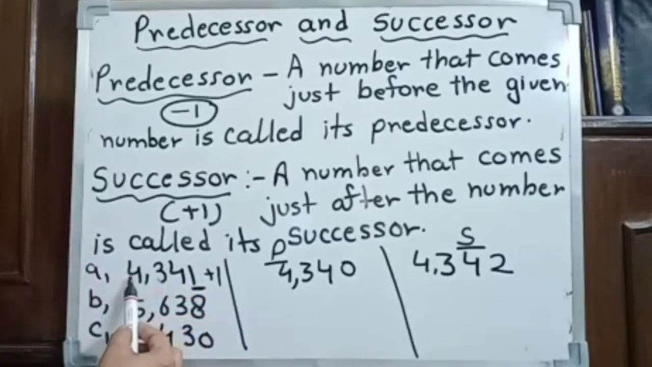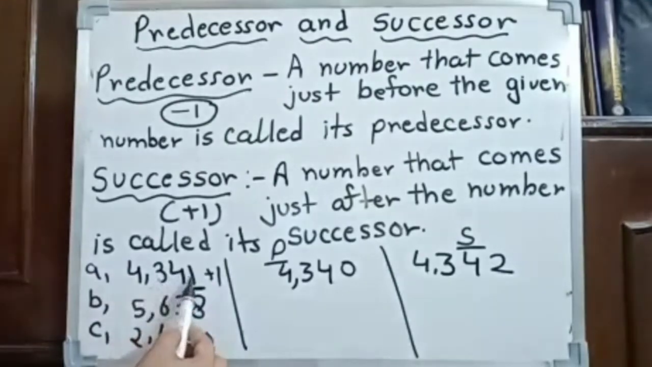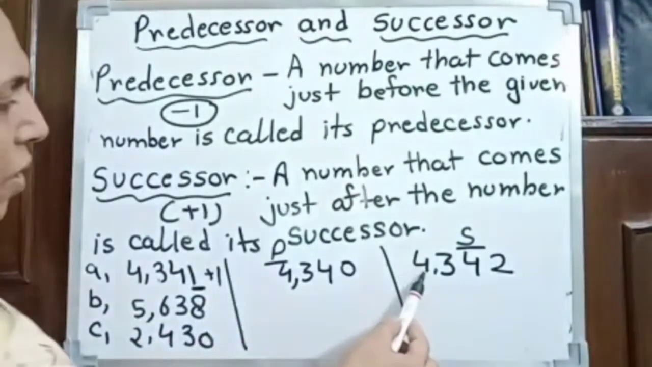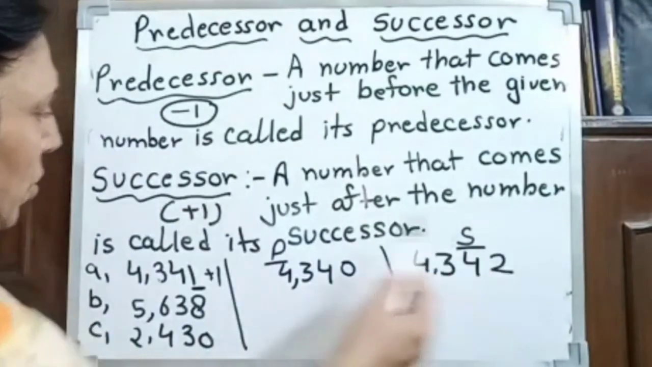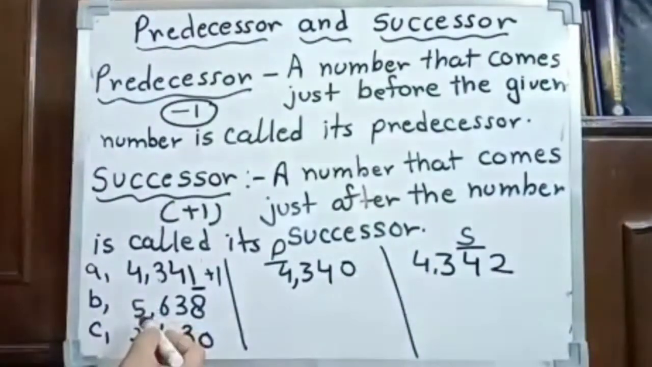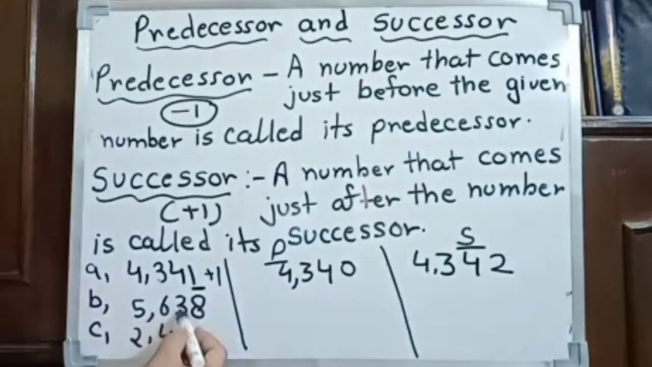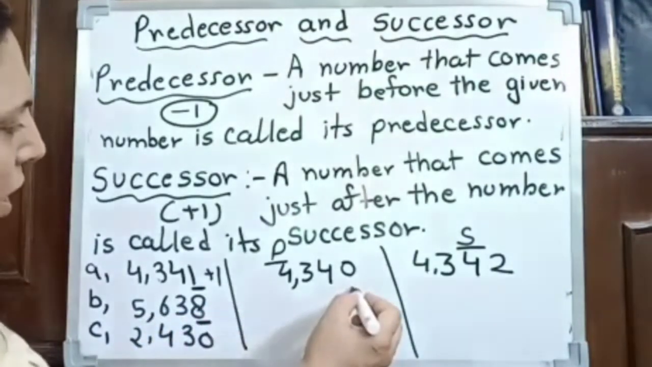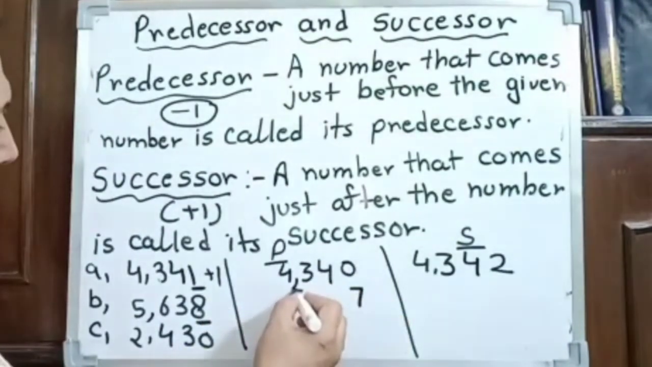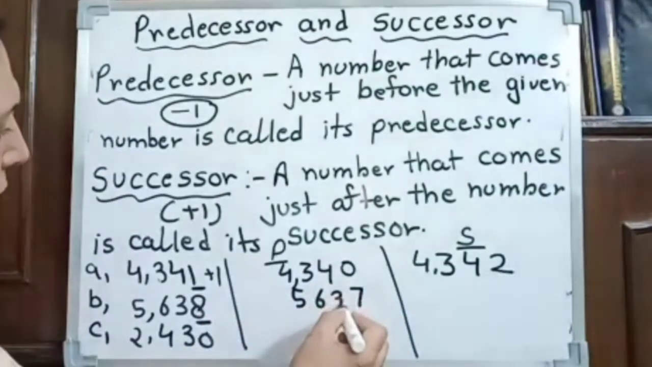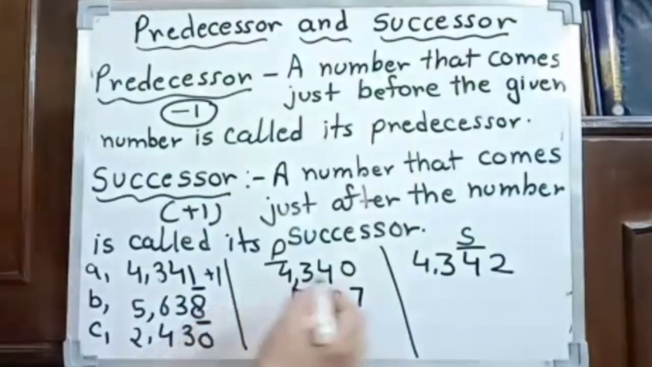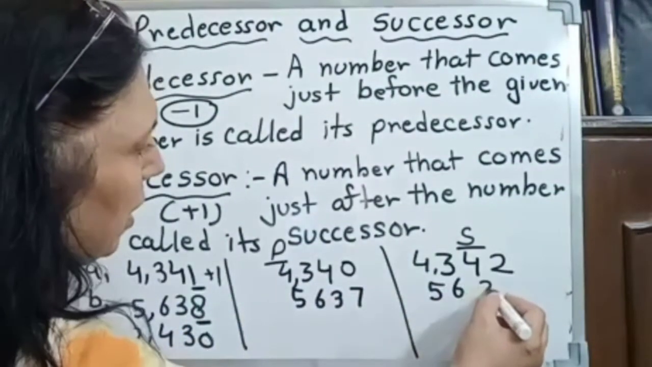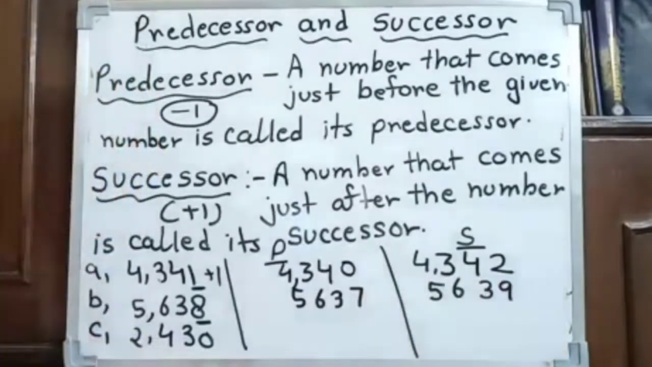So predecessor of 4341, 4340. Successor, 4342. Now predecessor of 5638, minus 1. 8 minus 1, 7. 5637. Then successor, plus 1. 5639. Again